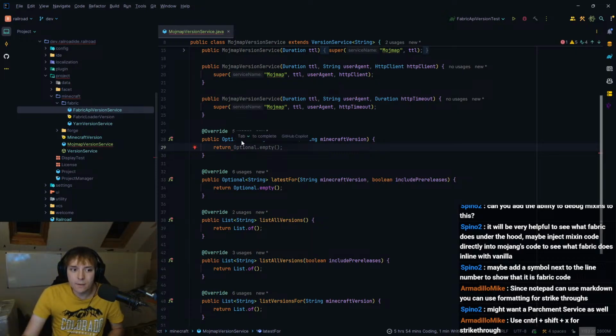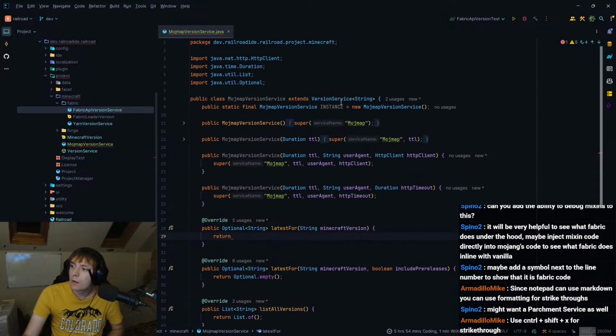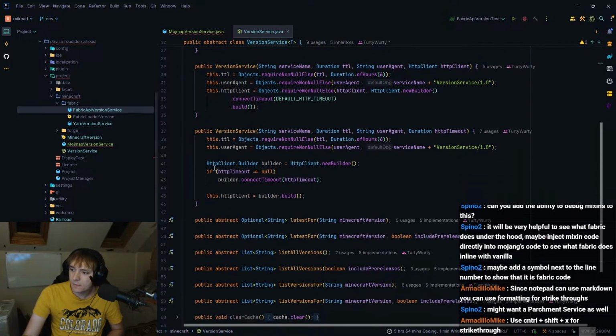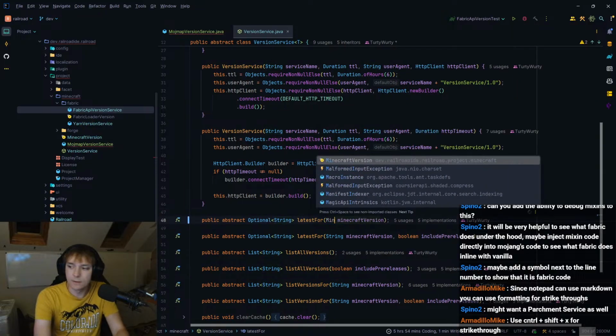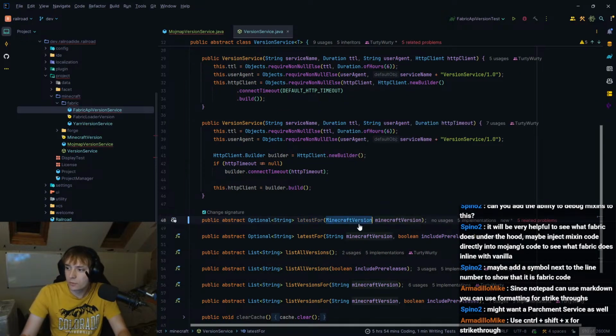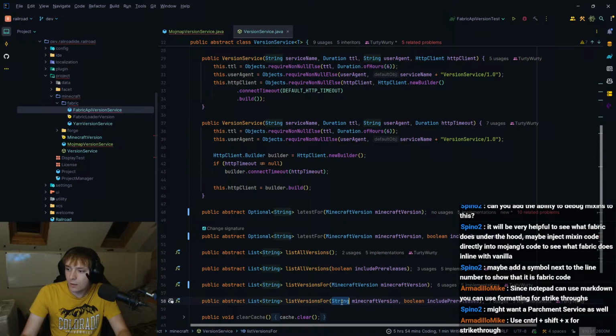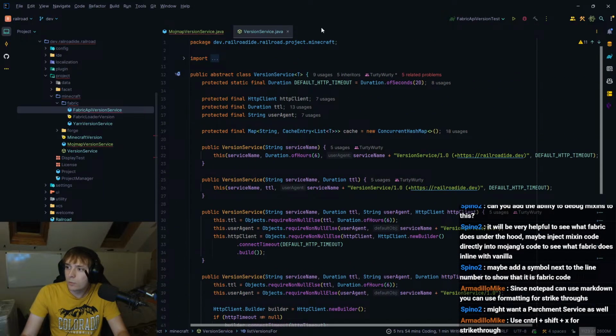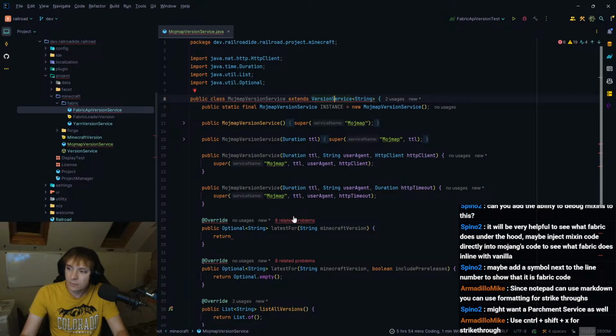As a string, that's just not going to work. Fundamentally, that's not going to work. So I'm going to have to rewrite this and make these a Minecraft version, which will kind of be fine, kind of not.